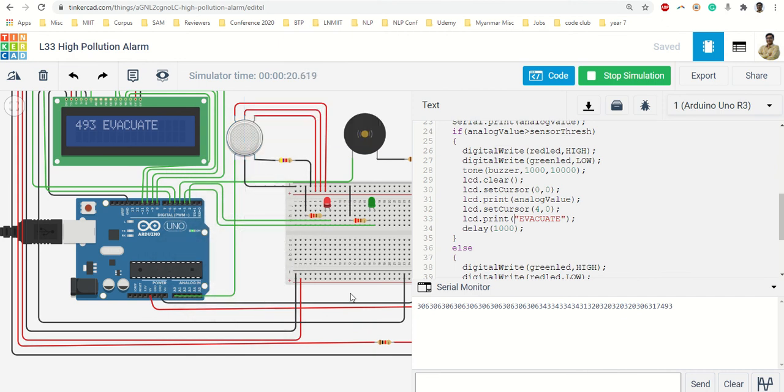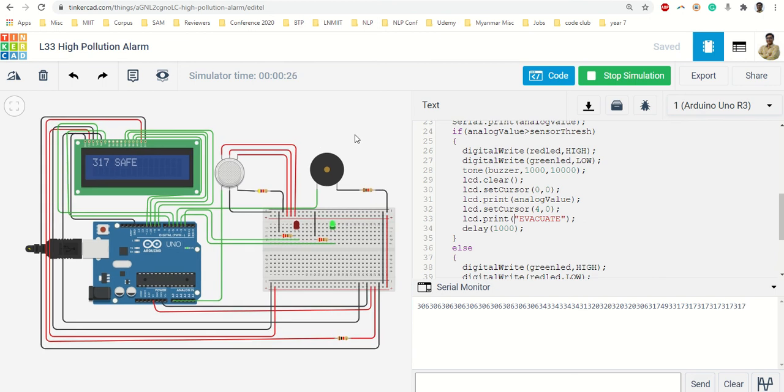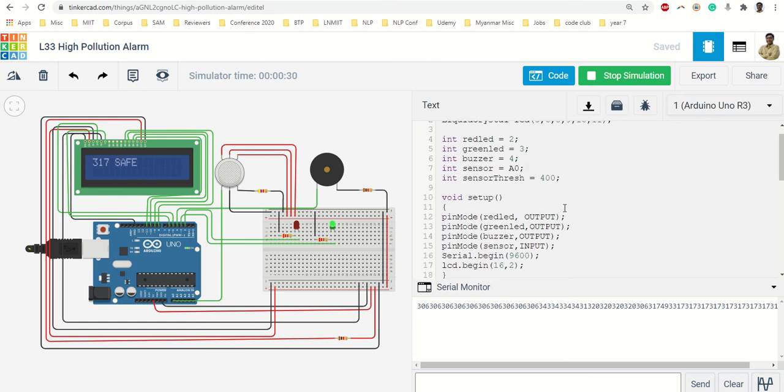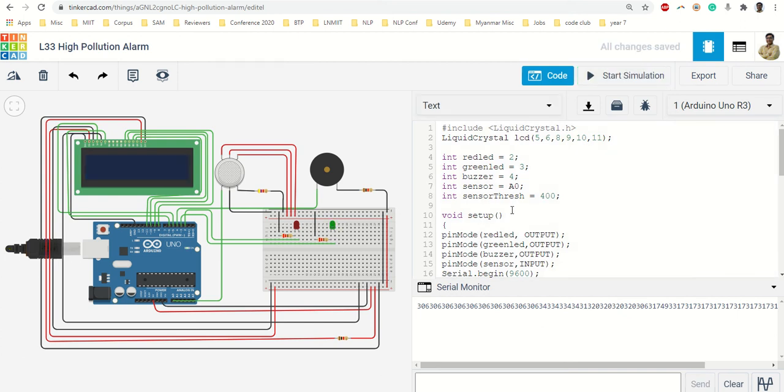So a very simple project, very useful project, and you can make it for your science projects, a very simple one, but a very useful and real world application. You should know the very basic concept of programming, how to do the programming, because the LCD at block level is not yet defined. You can add more sensors into this, more actuators, and make more complex projects. Add according to your requirements.